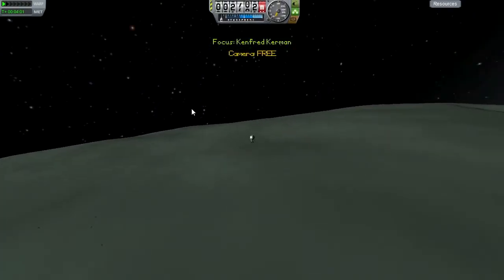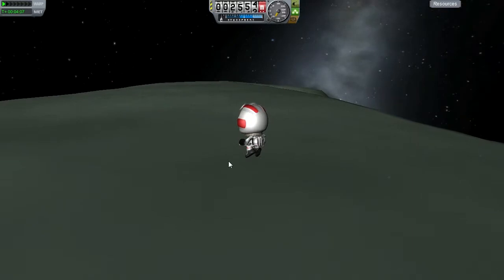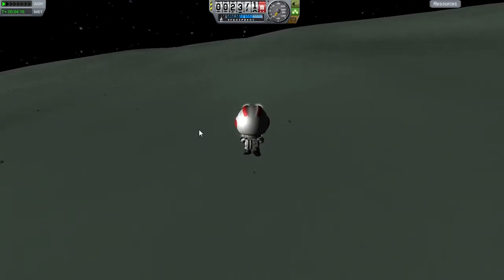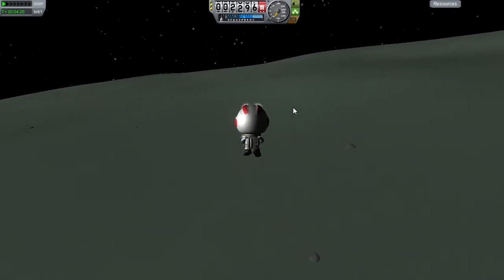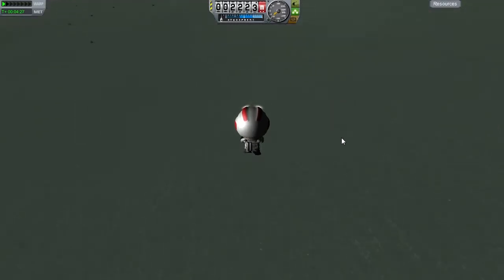That's a bit better. Now we're just going to crash directly below us. Perfect. In fact, we might want to throttle up a bit, because if you hit the ground too fast, obviously you're going to die. No, we're using just half of our fuel here. And...